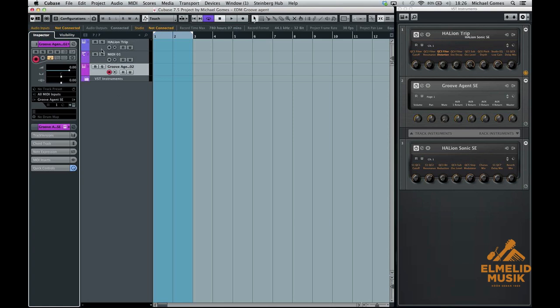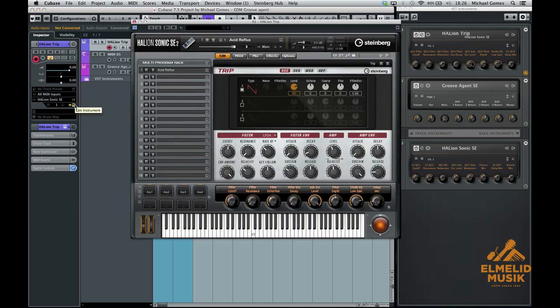Here comes another slight difference between an instrument track and a MIDI track. Back in the days, an instrument track would mean that you could only use left and right as an output. So HALion Sonic SE, which is a multi-timbral instrument, which really means you can use up to 16 programs, didn't mean much to an instrument track because you couldn't use all these programs. As in a MIDI track, you could. Like, for instance,